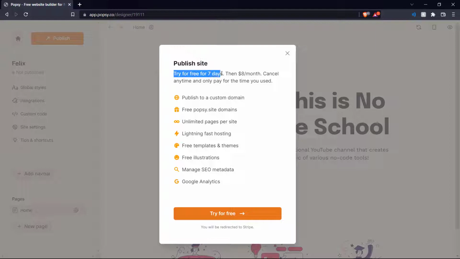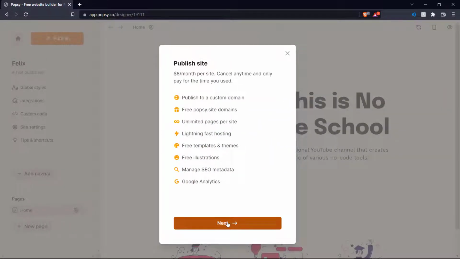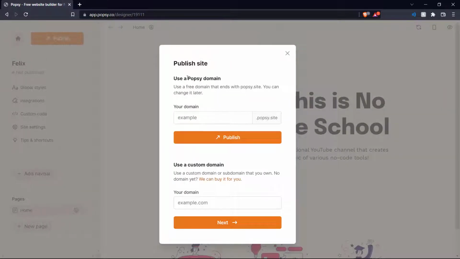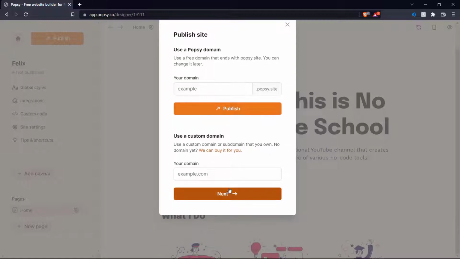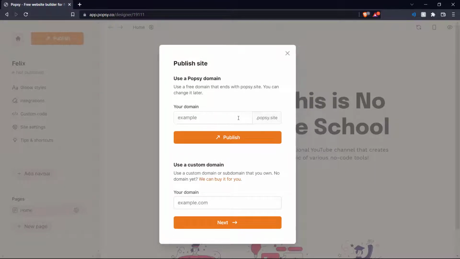And Popsy has a free 7-day trial. After that, you have to pay $8 a month. So let's try this for free, and after you go through the payment formalities, you can publish your website either using a Popsy domain or a custom domain. So for now, let's use a Popsy domain. Let's say no code school and publish,